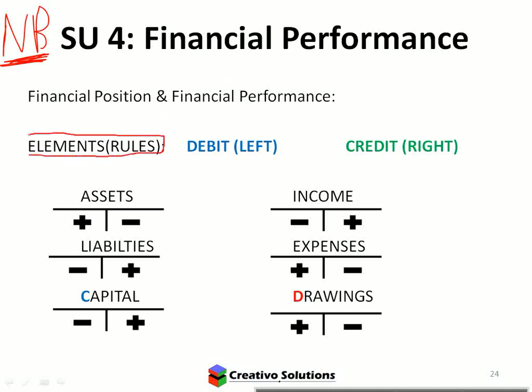Right, I'm going to show you how to use these elements and rules today. Okay, we'll just get into the basics. Okay, how to use them. Later on, you'll see they're used everywhere. Okay, but they're just used differently. Okay, in terms of the pluses and the minuses. Right, so financial position and performance, both are covered here by these rules because we've got all 6 of them.